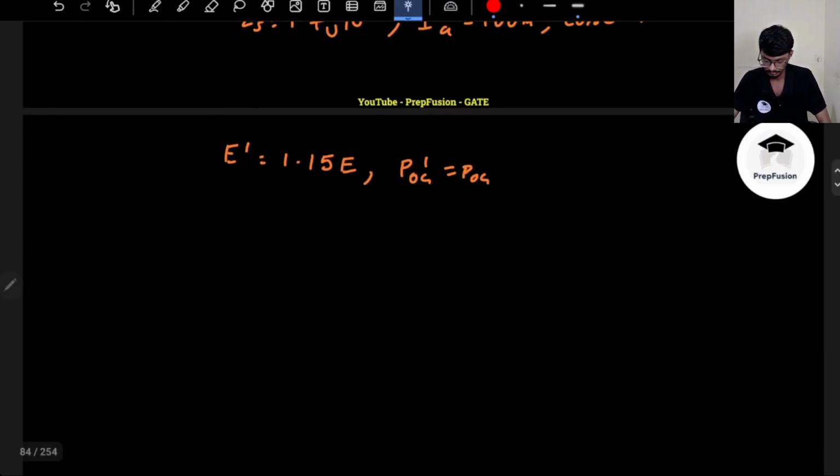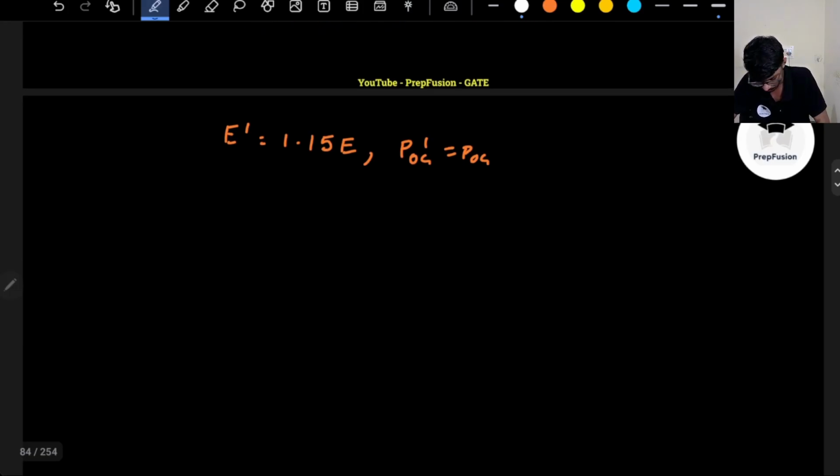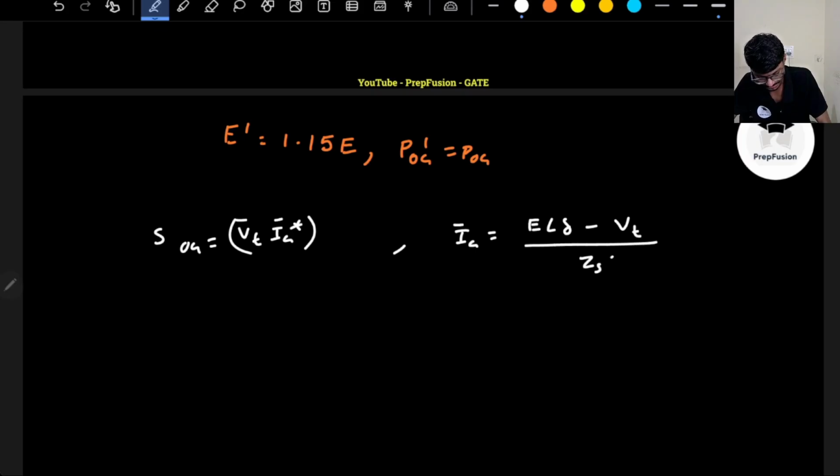All these things we have to determine, right. So I will just write down a few things quickly. What is POG basically? POG is the real part of VT into IA conjugate. So let me first write SOG. SOG is VT into I conjugate. If I write down the angles, what is IA? IA is basically (E angle delta minus VT) divided by ZS angle theta S. So this conjugate will be